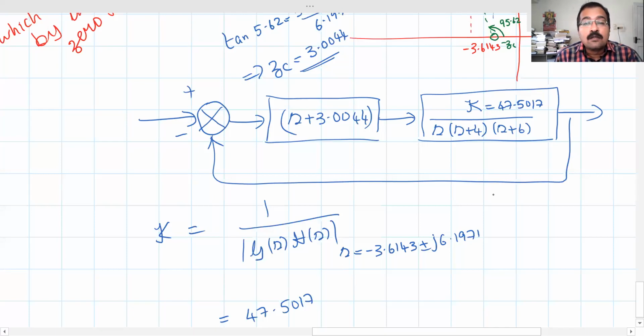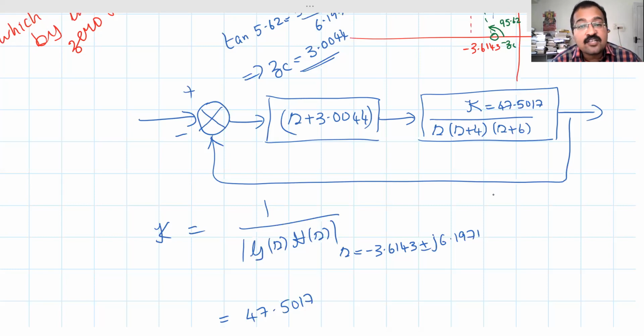As I said before, the PD compensator needs active circuitry, right? We can implement that only with op-amps and additional power supplies. So the choice of an active or passive compensator depends upon many factors like the transfer function, the cost, the weight, the desired performance, and the interface you need between the compensator and other hardware. All these factors have to be taken into account to decide whether to go for an active compensator, which is a PD compensator, or a passive compensator, which is a lead compensator.